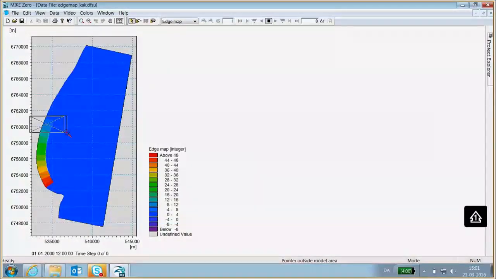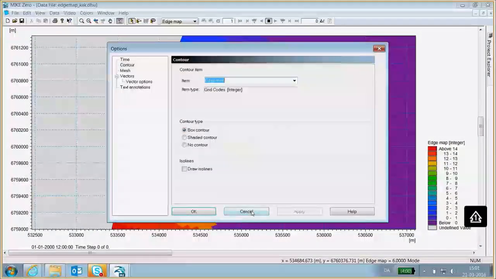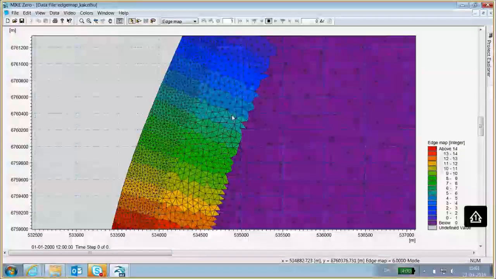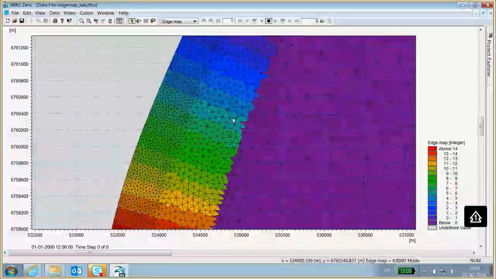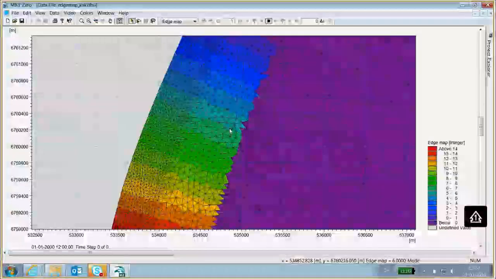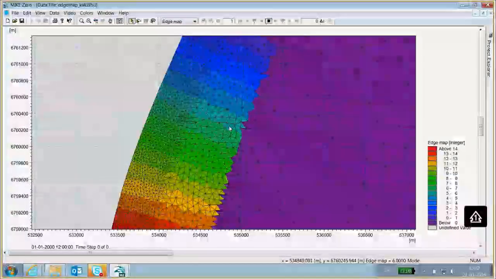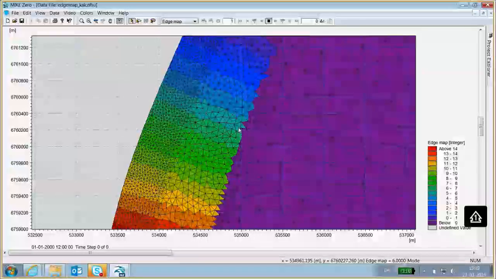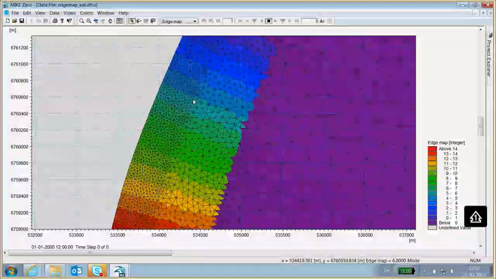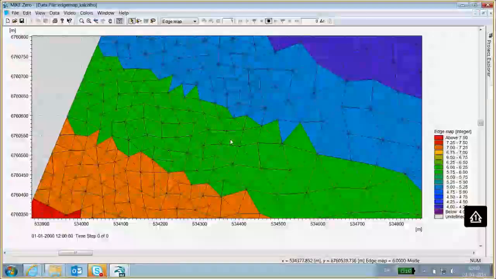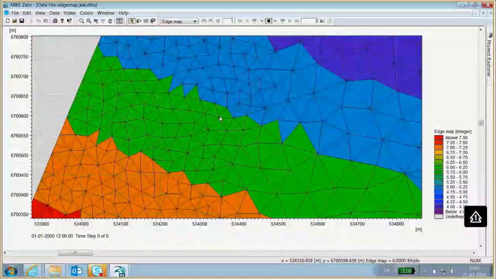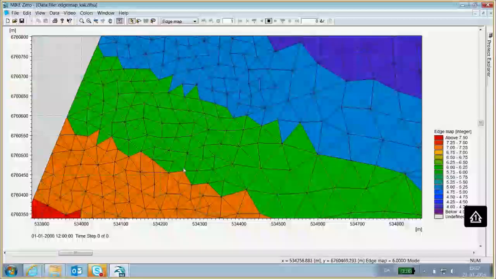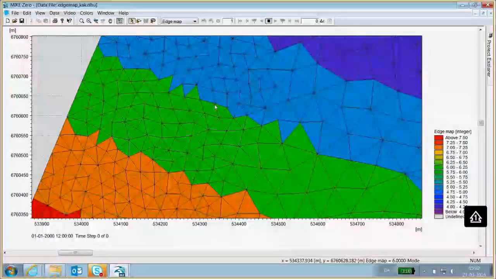Well, first of all, it's a good idea to check that we do have a number of cells or mesh elements next to each other along these strips of shore face here. So we don't want to have only one cell, one element, and one element. We would like to have a well-defined strip described by a number of points. And normally I say we need at least 2 to 3 elements with the same map value next to each other across such a strip here.